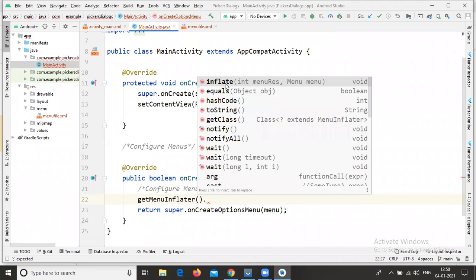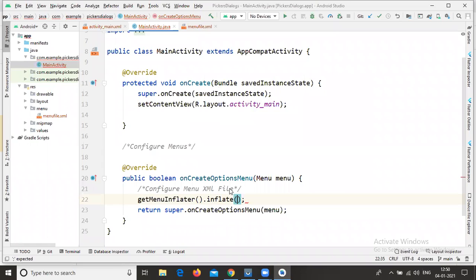If you observe carefully, the inflate method asks for two parameters. The first parameter is an integer and the second parameter is menu. So we need to call this inflate method. The integer means we need to configure the menu XML file, which is available in our resource directory.